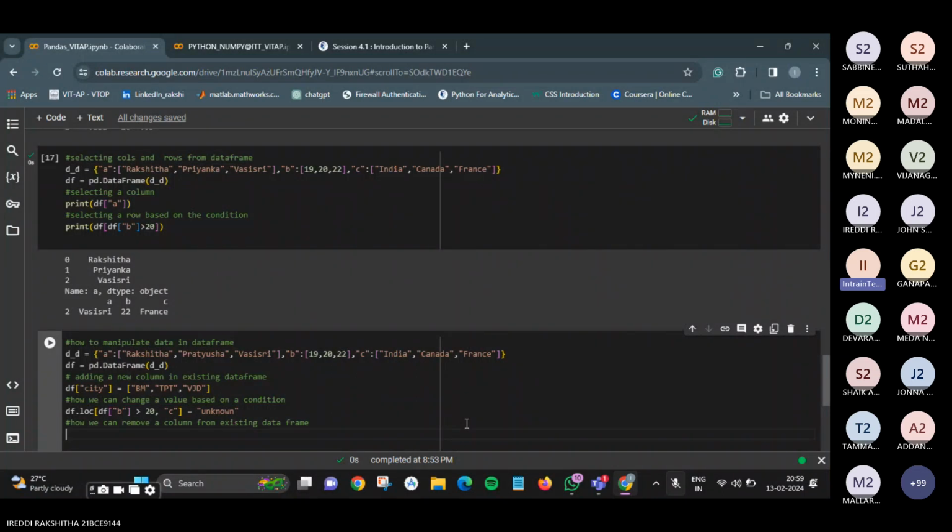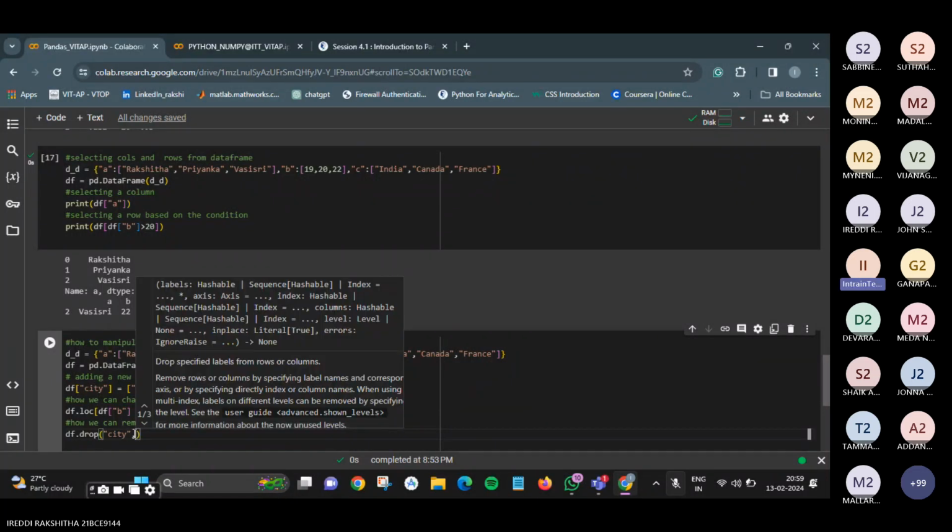Write down df.drop, with the parenthesis, round bracket, not square bracket. Inside the parenthesis, you need to give city, comma,